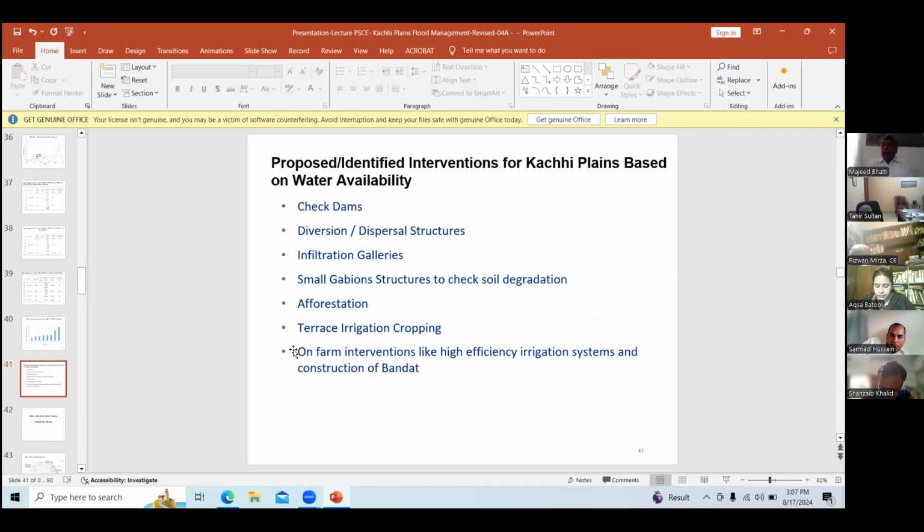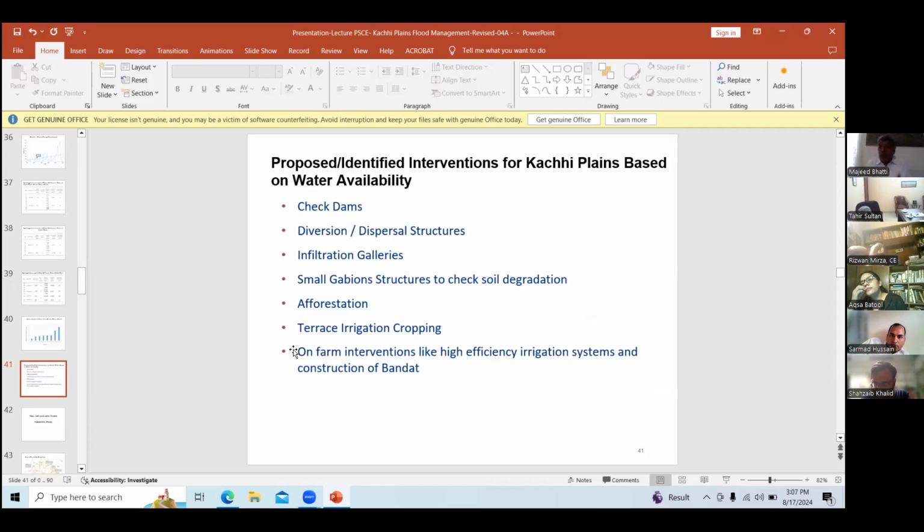What could be done in master planning? We propose these interventions in the Kachhi plain based on water availability for master planning. That is check dams, diversion and dispersal structures, infiltration galleries, small gabion structures to check soil degradation, forestation, terrace irrigation, and on-farm interventions.